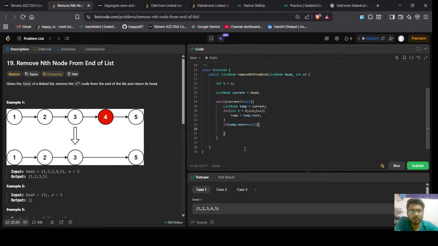So here we were, what we were doing, we were trying to reach the nth node from the current node, and if it points to the null, that means the current node is the nth node from the end, and we need to remove it. We need to remove the current node, and for that what we have to do